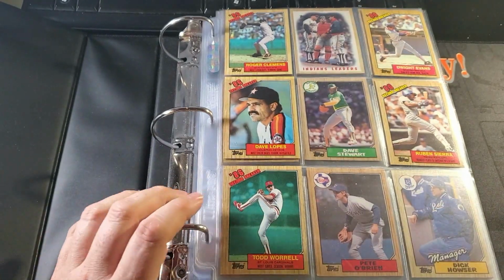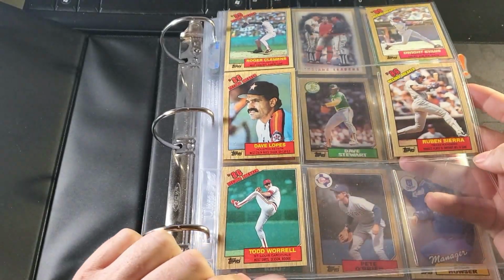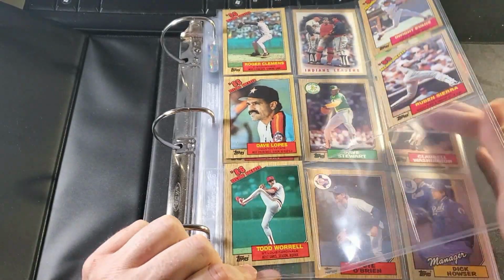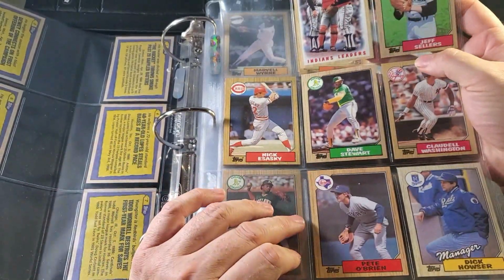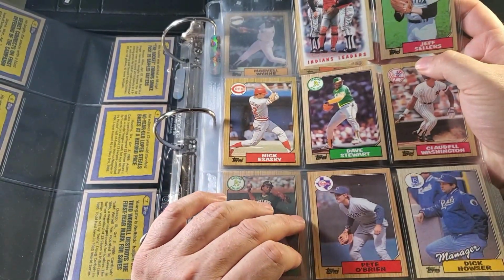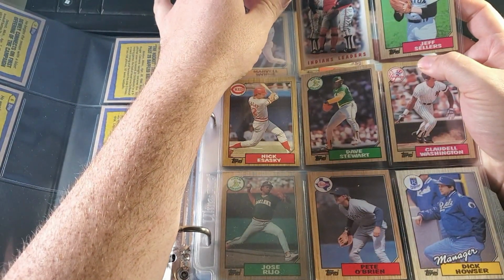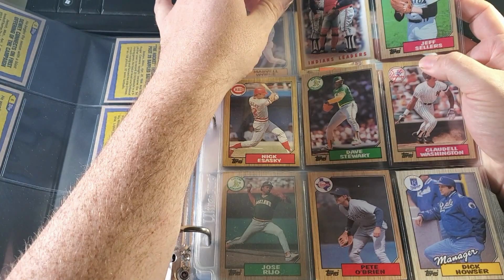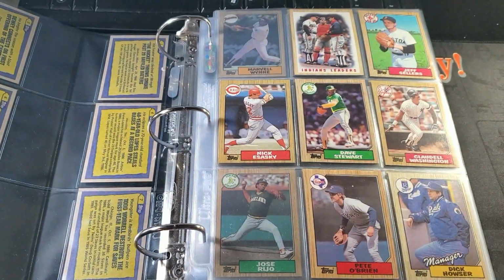And after this video, after the insertion of the 87 Topps cards, I will show you a few tips and tricks using my 74 Topps on how I organize and how I try to figure out who signs, who doesn't, and basically how to keep everything organized so I'm not wasting a bunch of time. I am involved with several Facebook groups that do TTMs. A lot of guys on there, if you want a head start on this, sell lots of 87 Topps cards